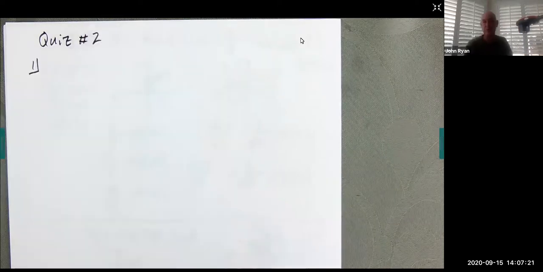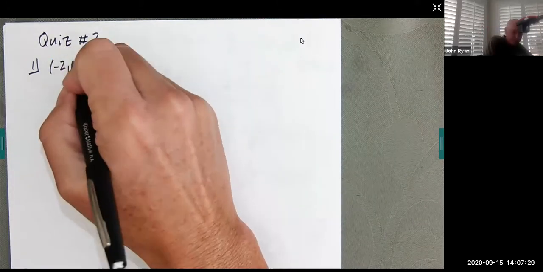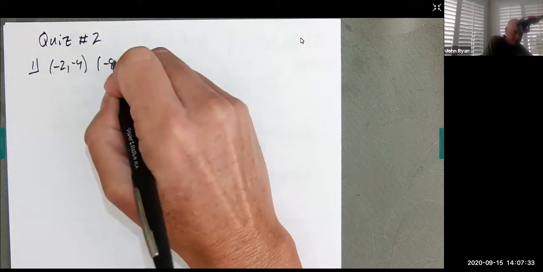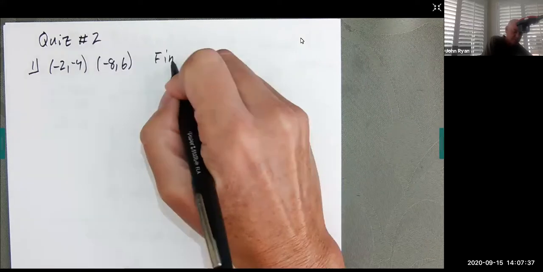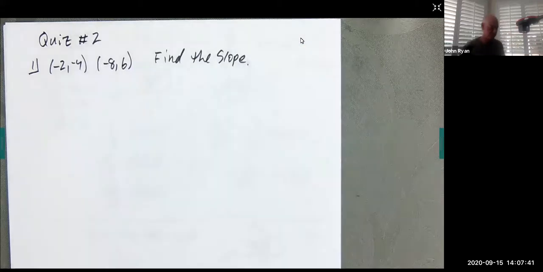Now your numbers will be different than mine when you take it, but the type of question should still be the same. So I'm given the 2 points, (-2, -4) and (-8, 6), and they want to find the slope. And we are going to use our equation, our formula,